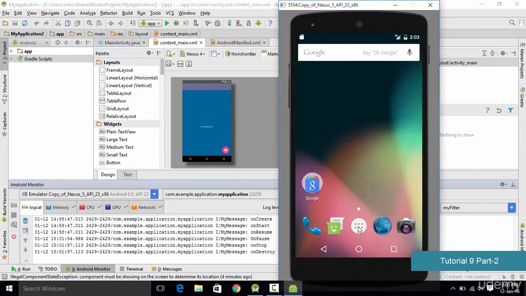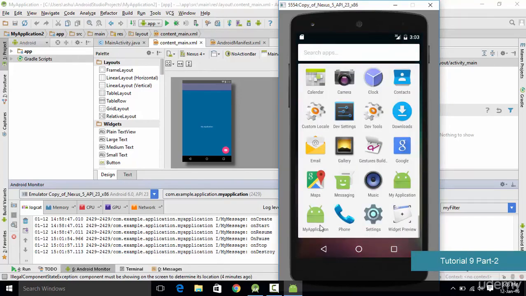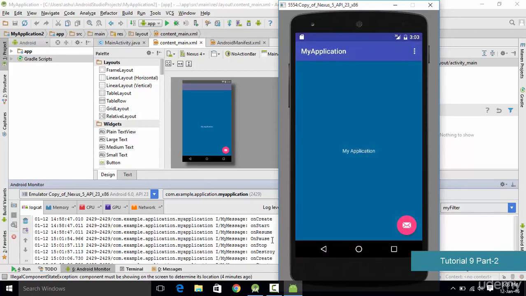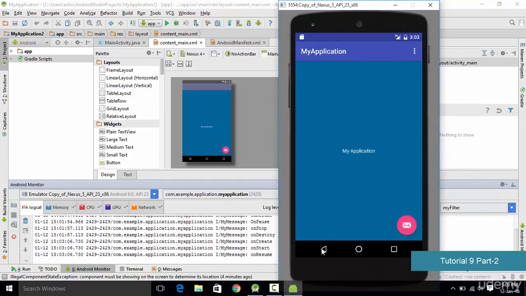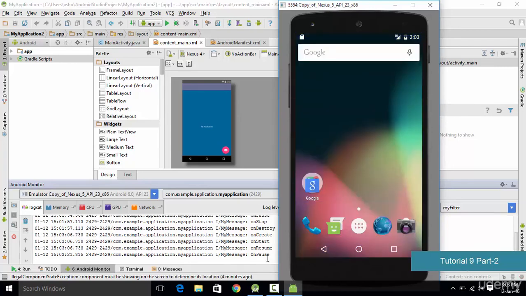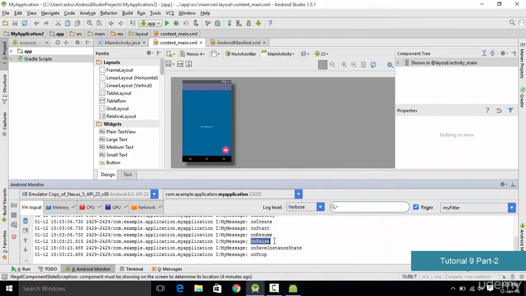Now what happens if we start our application once again? So we go into the menu, we select our application, and as you could see, the on create state has started again, which loads up the layout for us. Then we have the on resume. This time we are not going to click the back button, but instead we are going to click the home button. And when we click the home button, what happens is that the activity enters into the on pause state. So the application is paused for the moment.